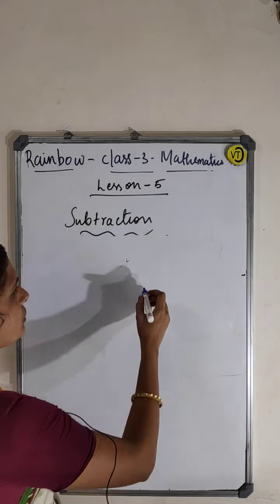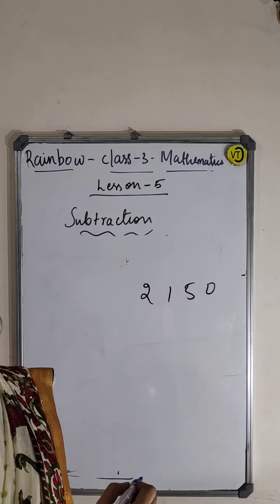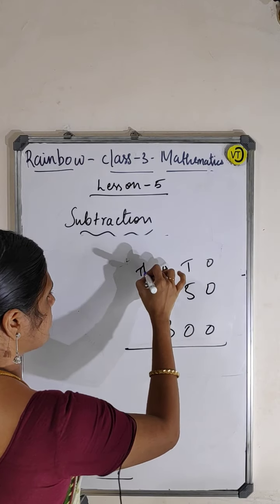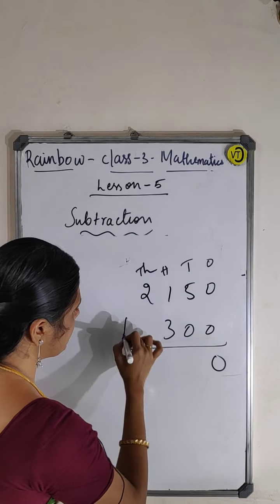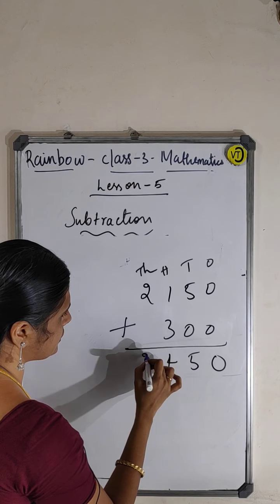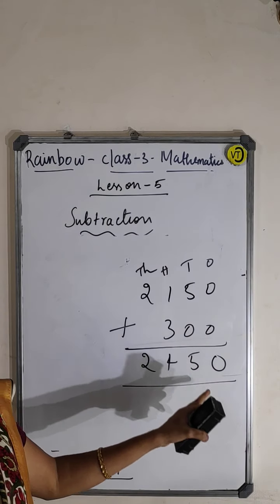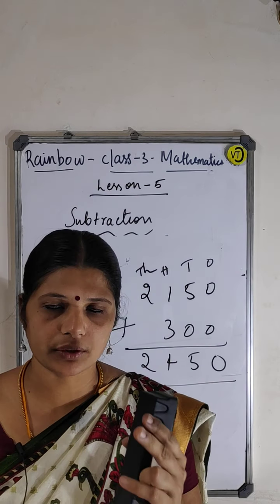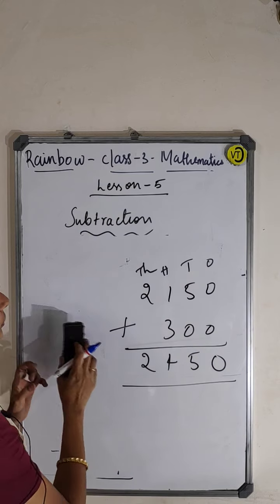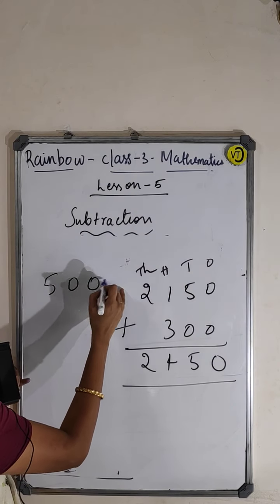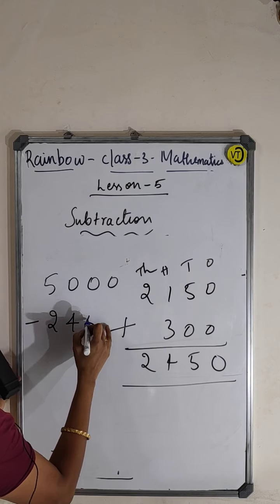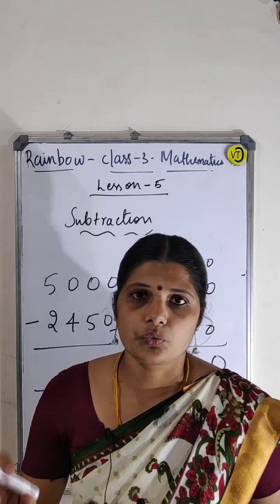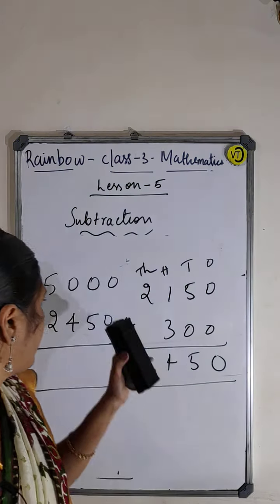2,150 plus 300. You have to add the numbers. Ones, tens, hundreds, thousands. Okay. 0 plus 0. Addition it is. 5, 4, this is 2. 2,450 they have used, and what they asked, how many sheets they left unused, right? So what you will do is, totally 5,000 pages are there. You have to subtract with this. You will be getting the answer which is not used. Okay, now you have to subtract.